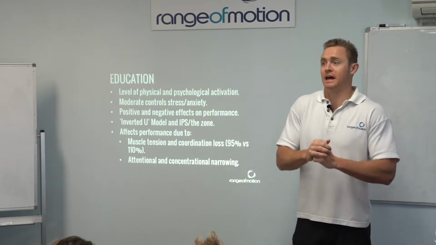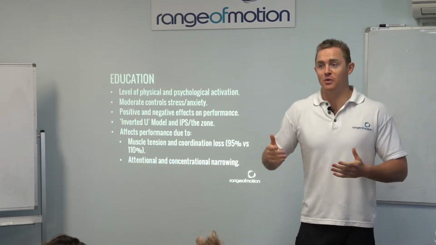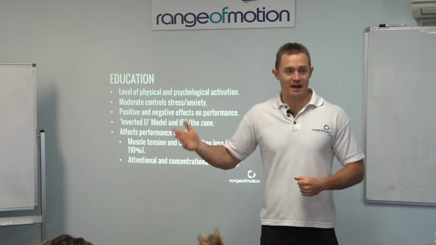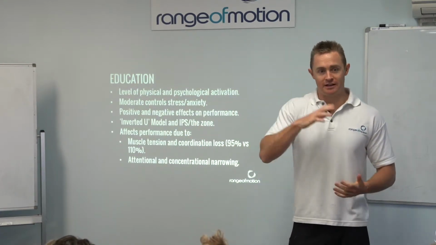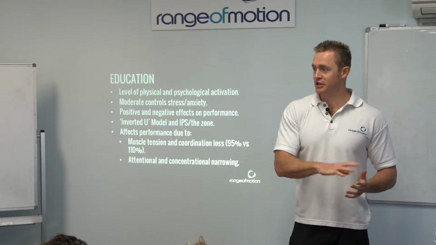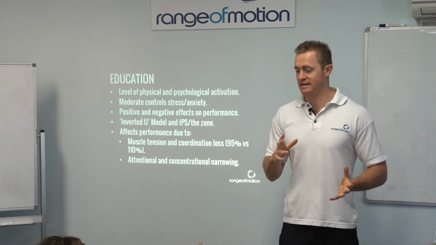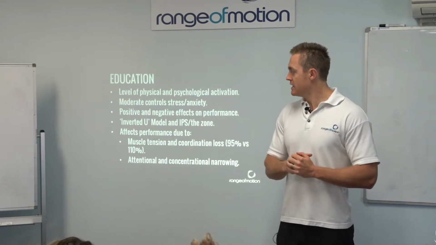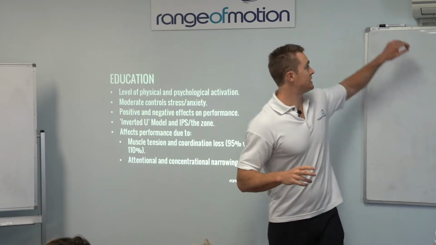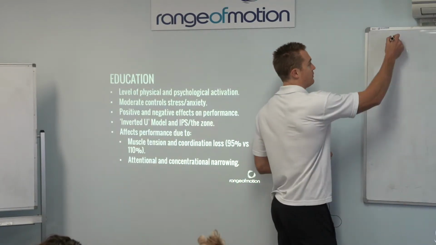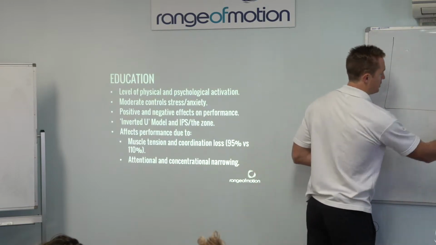However, if you were playing in a poker tournament, you don't want to be fired up on caffeine because you need to be at a lower level of arousal. And you can see that they change based on what it is that you're trying to do. So like I said, we can actually graph this, and we have what's called an inverted U model here,